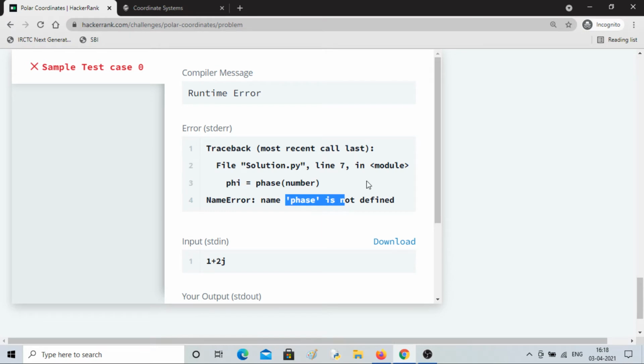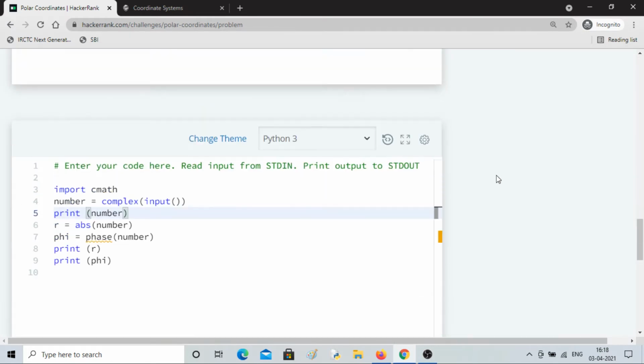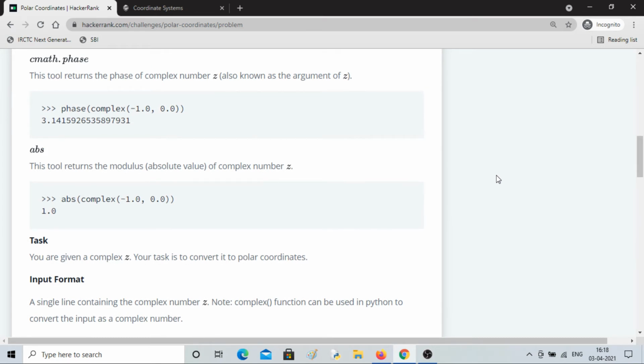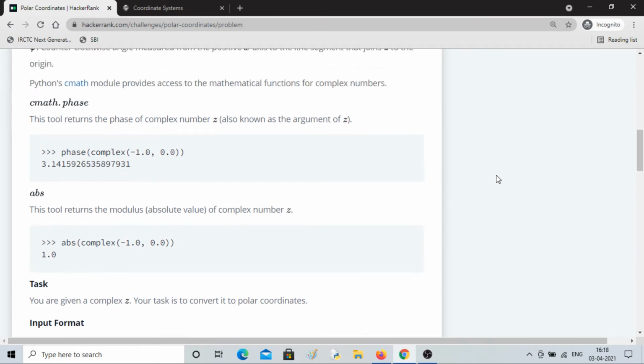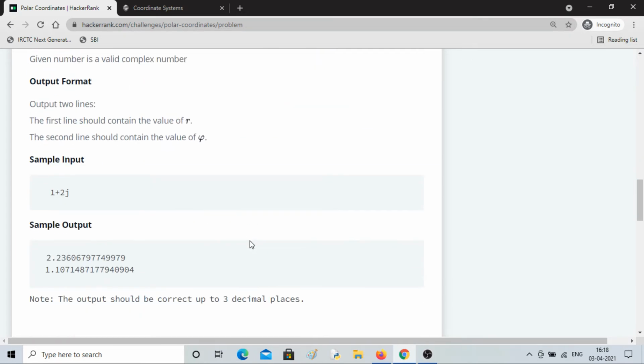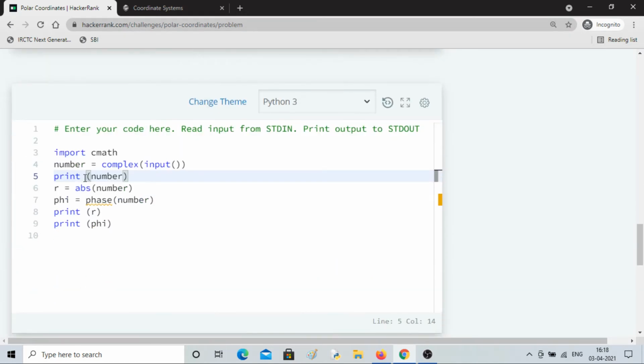Phase is not defined. Phase, it is not defined. Oh, cmath dot phase. cmath dot phase. Still it is not working.